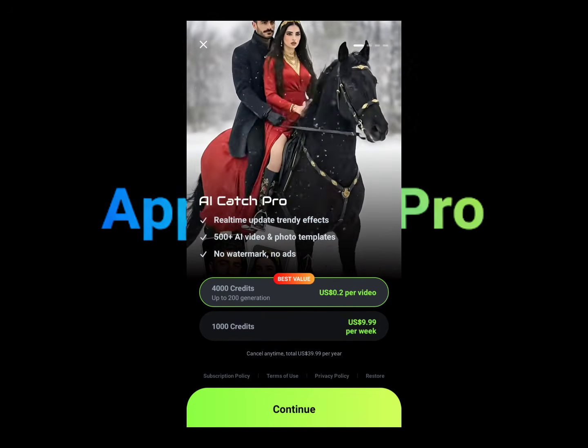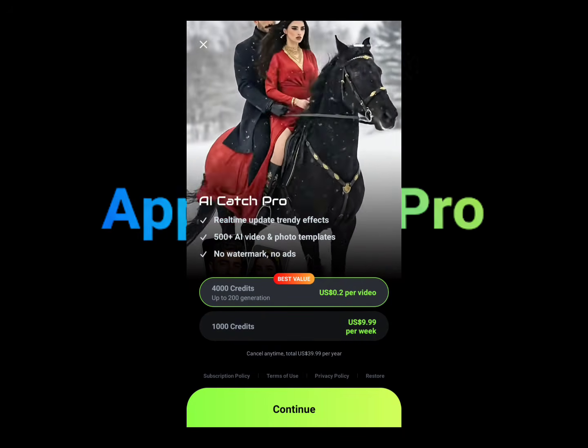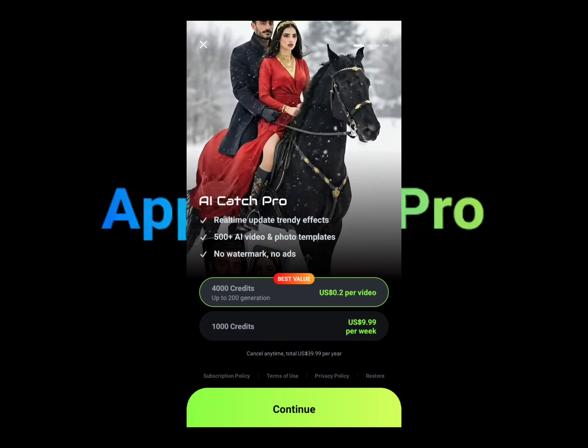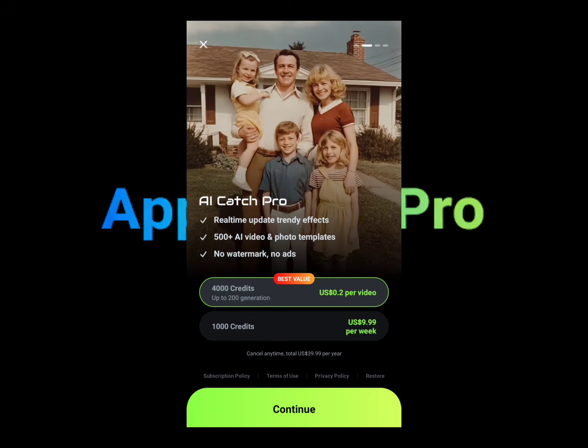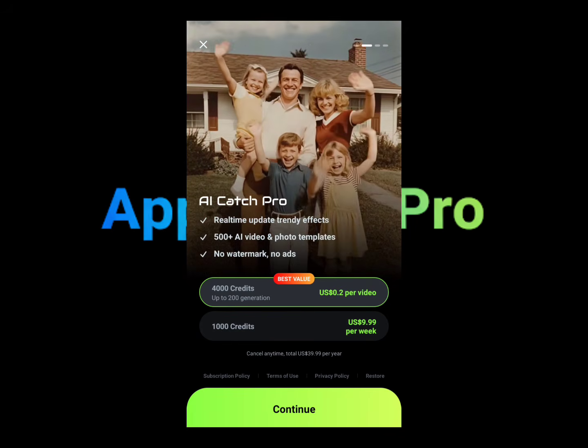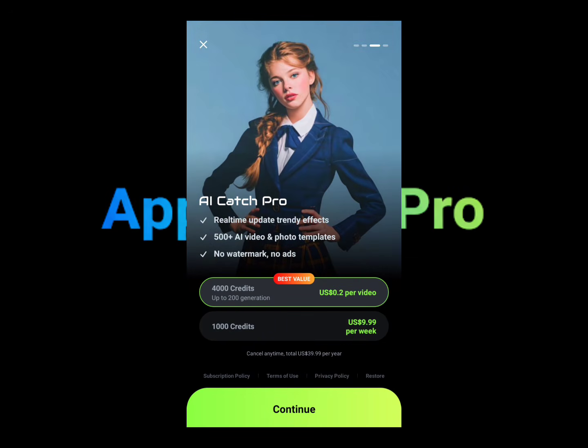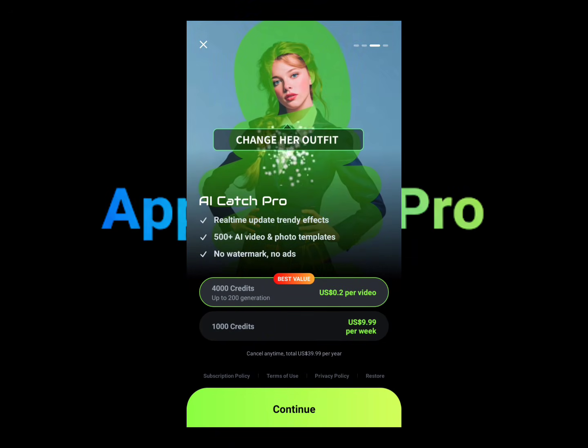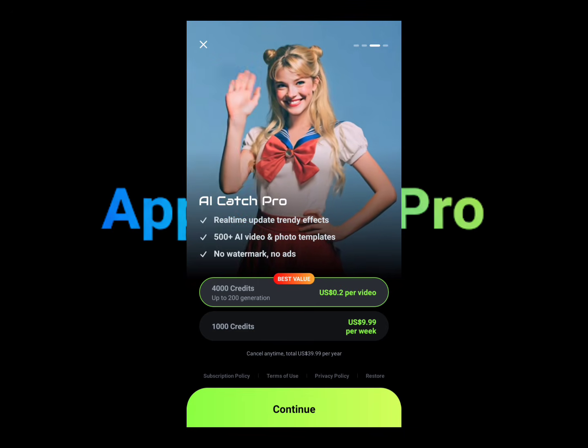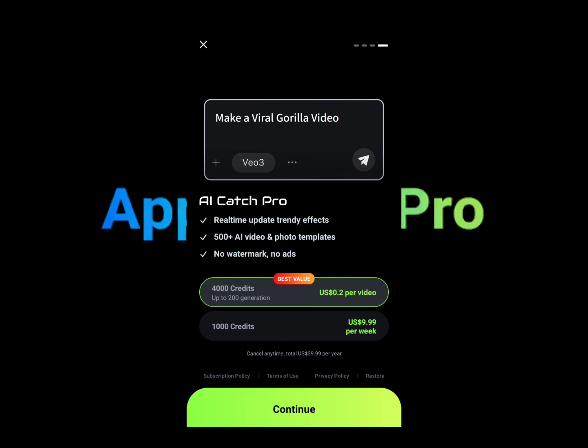Very easy, and it will show you what you get. You can use these credits on anything in the application that you want to generate, whether it be the AI hug, AI kiss, anything. As long as you have credits, you'll be able to use these features. So that's pretty much it for this